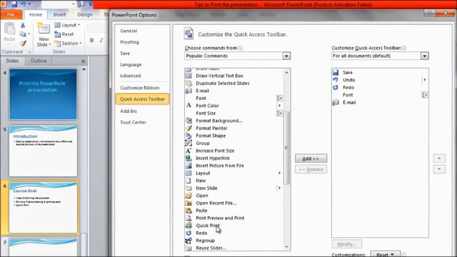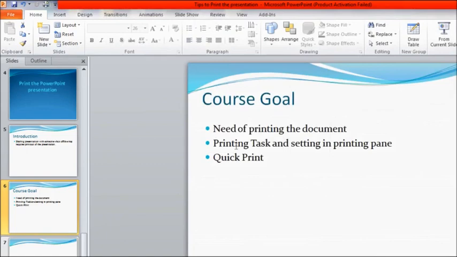This is the option. Click on quick print and add. Let me remove these two options also that we have added earlier. So we have the option quick print in the quick access toolbar now. Click on OK. We have got the quick print option here.